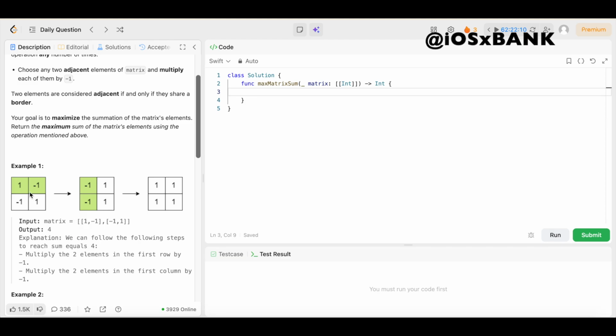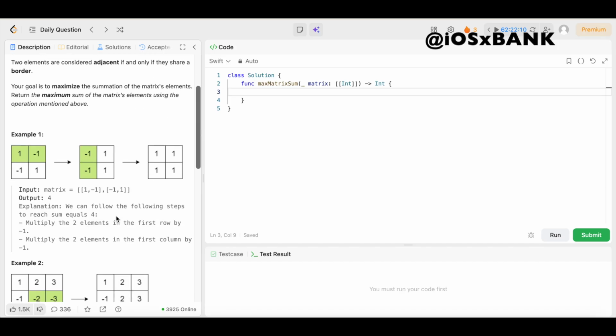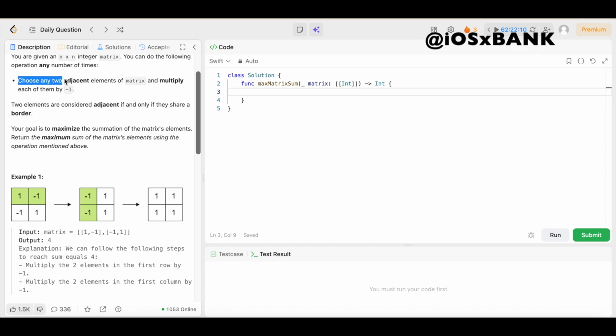So that means we were able to maximize the sum of this entire n by n grid so that the sum of all of these elements ends up 4 by doing this operation right here, right? So let's go through it. It says the explanation, we can follow the following steps to reach sum equals 4. So first we're going to multiply the two elements in the first row by -1. So remember, we have this operation to do right here, and we have to use this operation in this grid so that we can maximize the sum of all of the elements in this grid. So the first thing we're going to do is,